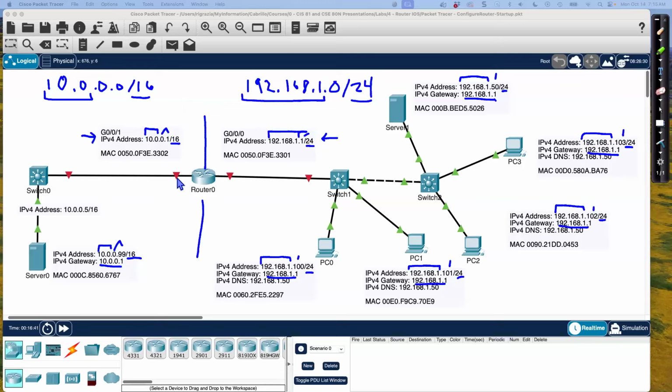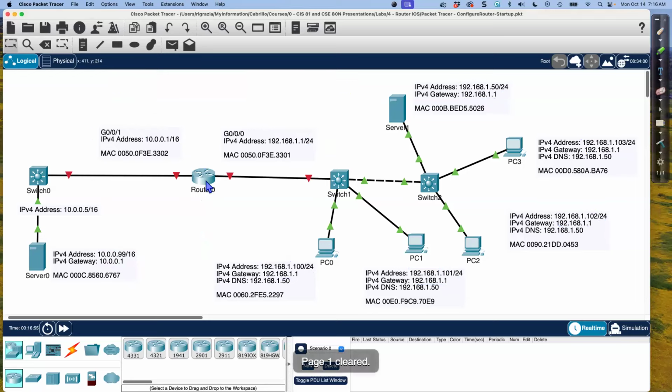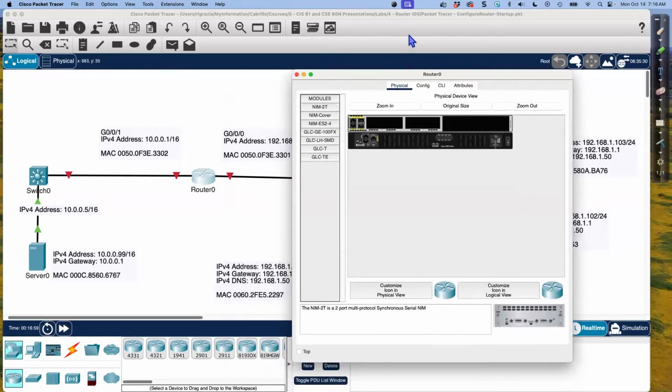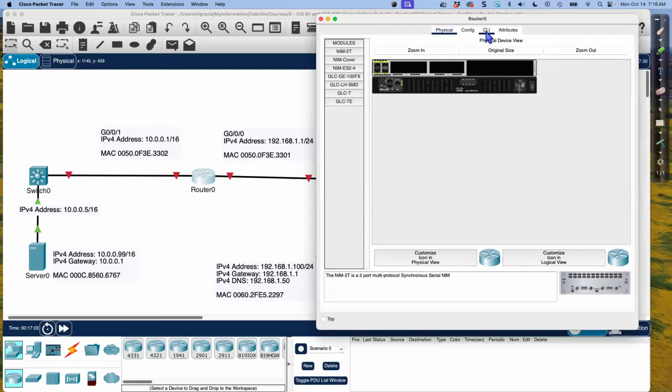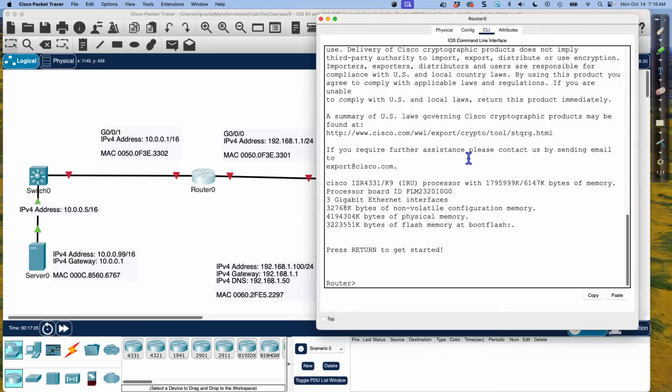So what we're going to do in this lab here is something very simple. We're just going to configure the router using Cisco IOS. So let's go ahead and get started. I'm just going to bring up the router, and we're going to start from scratch here with configuring all that good stuff. So let me hit enter,